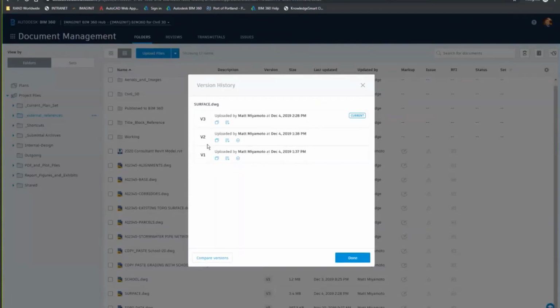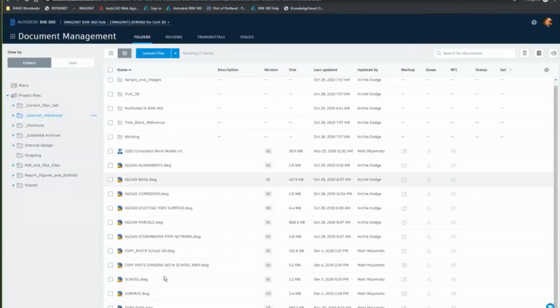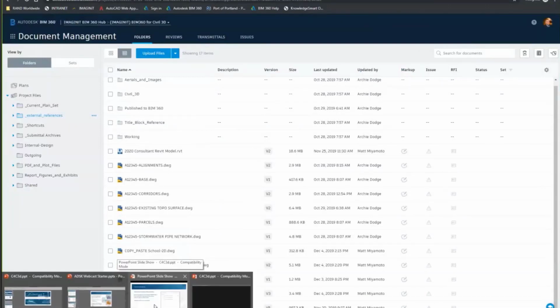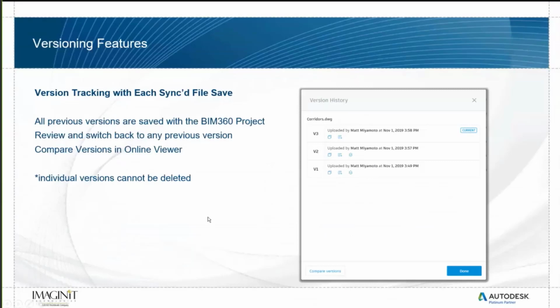At the moment, there's no option to delete just a single version. So once the versions are there, they're there. I cannot delete version 1 without deleting all of the other ones. However, I can download a single version. So if I wanted that particular copy of the file, I could download it as a separate item, save it to my local drive, or send it out if I needed to. So versioning and version control is one of the first features available to us now within the